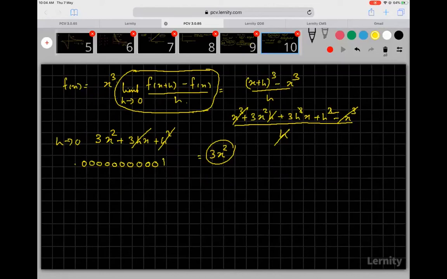f of x is equal to x cubed. So I have the limit of f of x plus h minus f of x by h. Yeah, some of you might be thinking that sir is in physics class, sir is only teaching maths. Don't worry, in no time we will start off with physics. This maths will help us for that. In another 3-4 classes, we will be starting with physics. Till then, we'll only do more of maths, different types of maths.